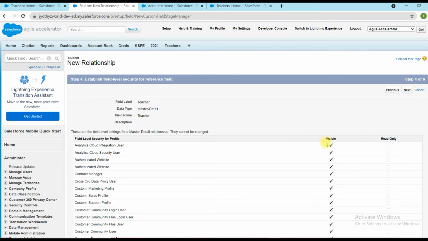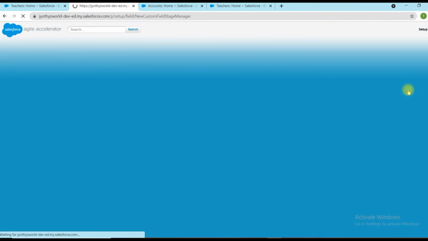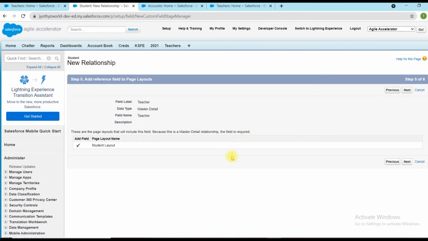Visibility set. Here we can't edit this option because this is a mandatory field. A mandatory field should be entered for all profiles, so there is no edit option to restrict its visibility. It will be visible for all users, all profiles.